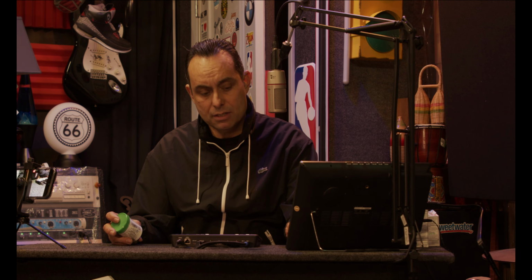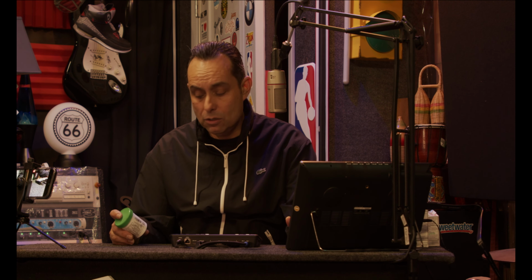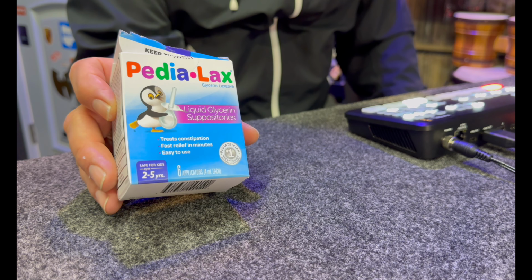So a lot of these things we've asked doctors or nurses about, and they said they should be fine to use as a temporary solution. Or if you're going to use them, you might want to consider using them every other day and not every day. Another one that we were using was the Pediatric small liquid suppositories, and these are more